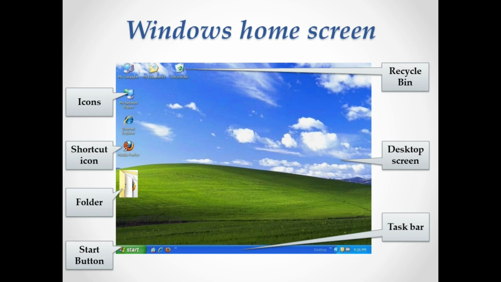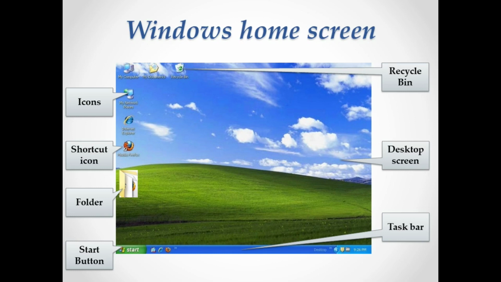We come to the recycle bin. Here the recycle bin is like a dustbin, but this dustbin is slightly different. Why do we use a dustbin? To throw away unwanted things, the things which you don't require. In the same way, the files which you don't require, we delete them, and the deleted files get stored inside this recycle bin.